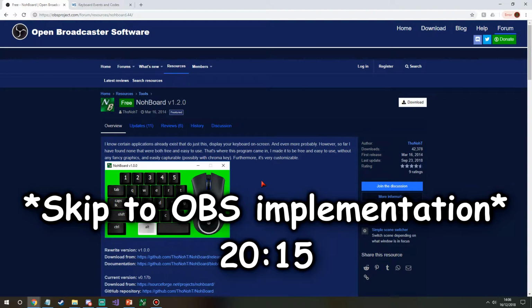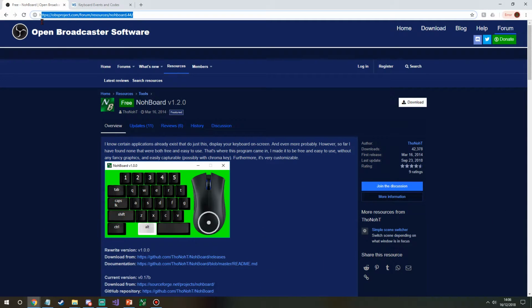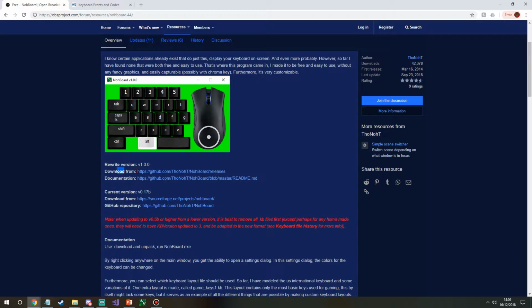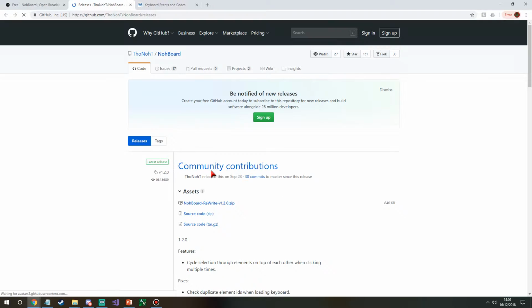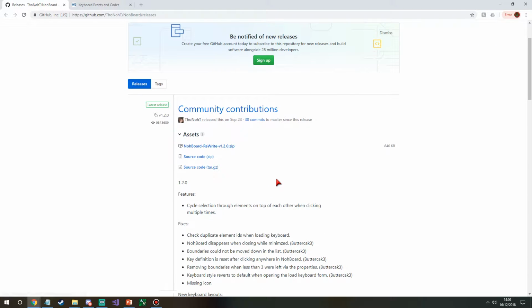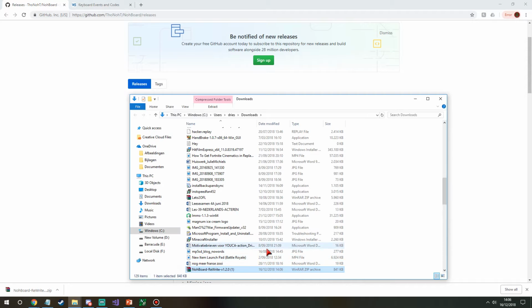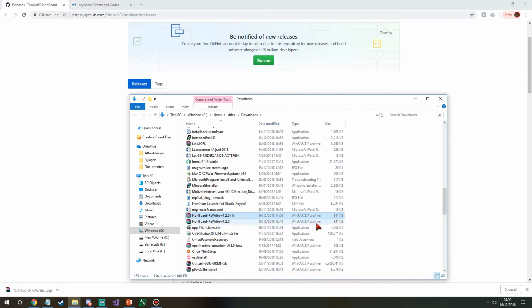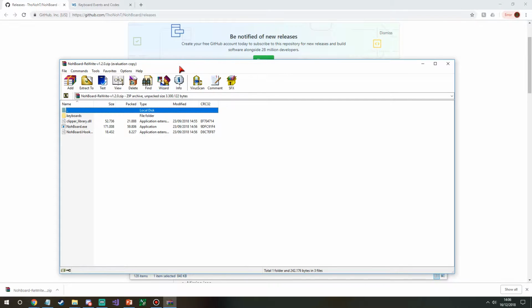So you have to go to the first link in the description and then download from GitHub. Then it'll bring you to this page and you have to click the zip file. You have to download that. I already downloaded that, so I am not going to. I already downloaded this, so you have to open this, and